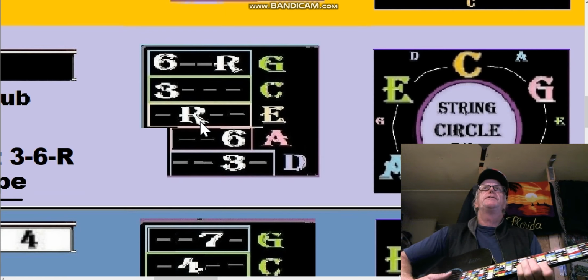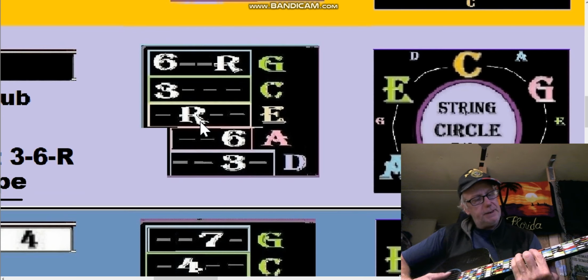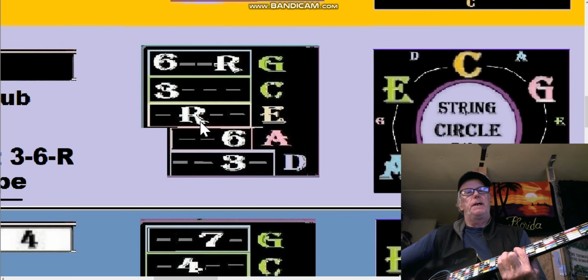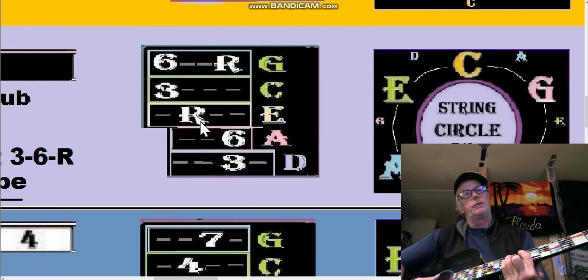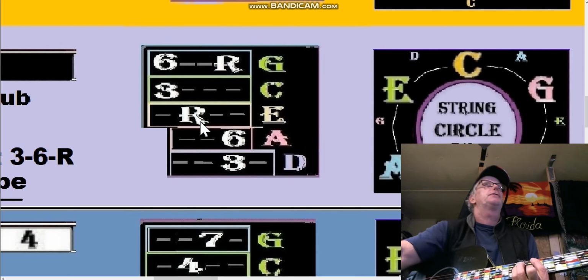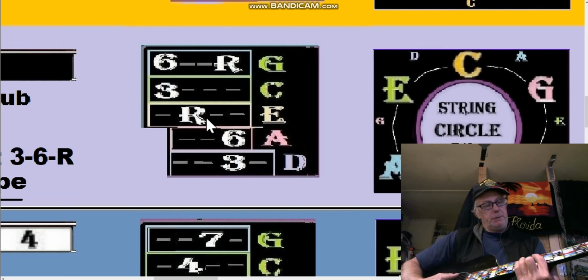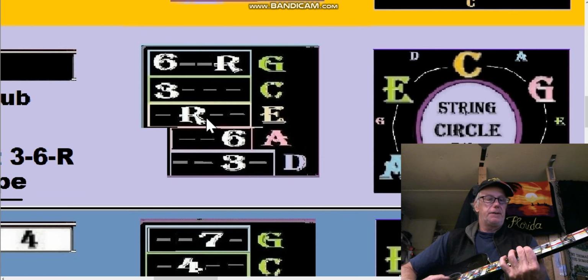And if we do it in string shapes, okay, remember we're going to be in the E shape. E shape's G there. Okay, so the relative minor for the E shape is 1 shape further, which is the D, but let's just look at those string shapes. The string shapes are going to be the same. It's going to be root on the E, it's going to be the C, and I can play the pentatonic right there. What we're looking for is within